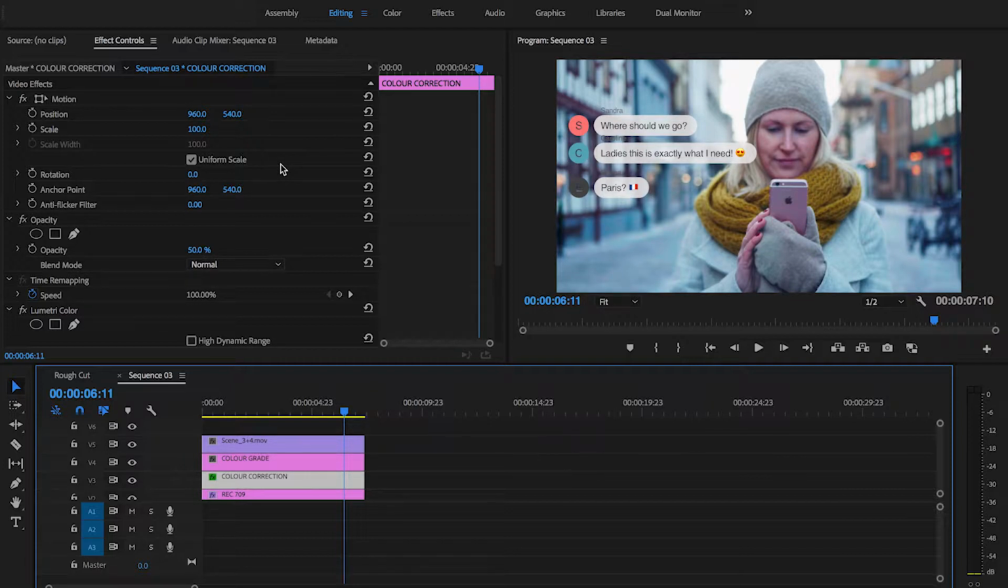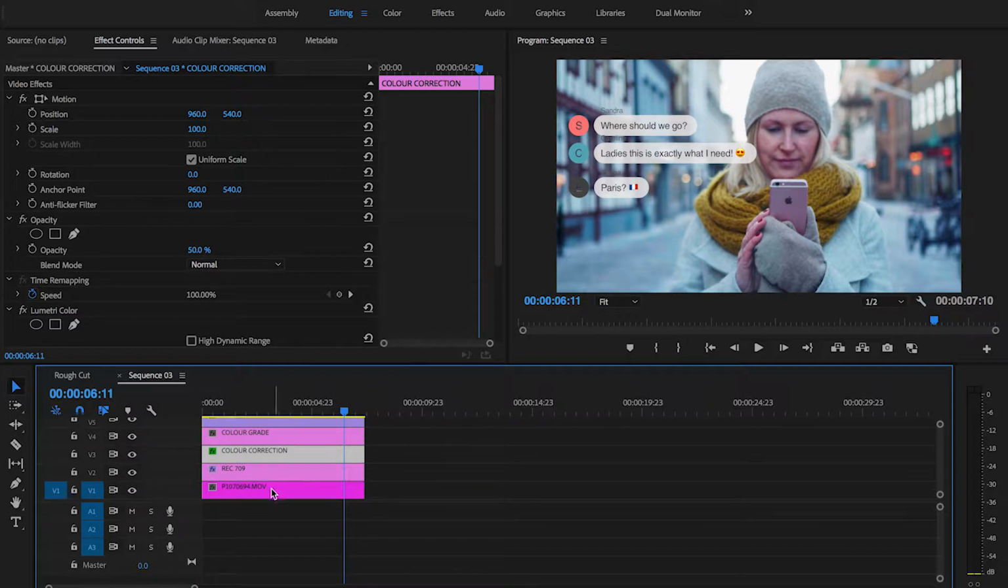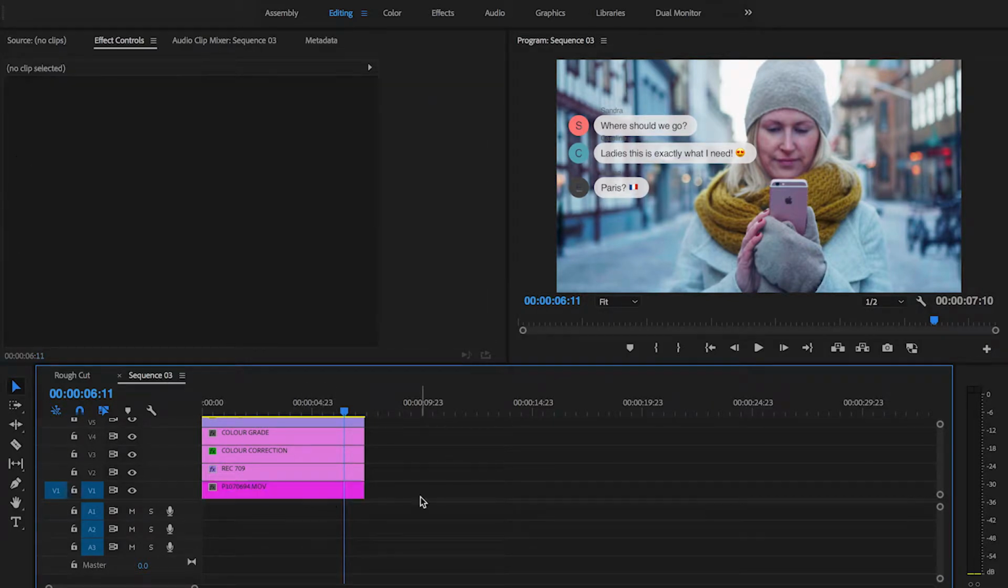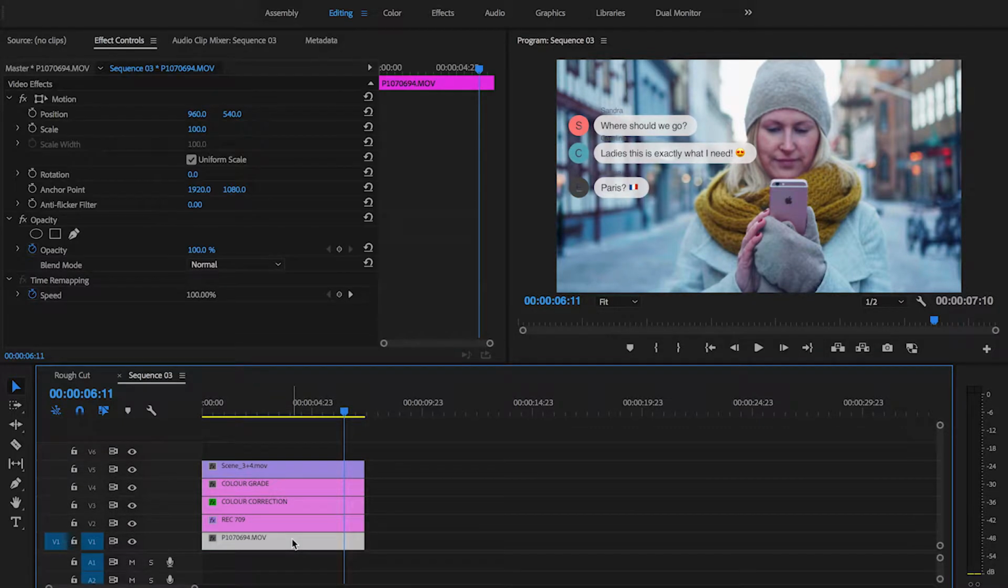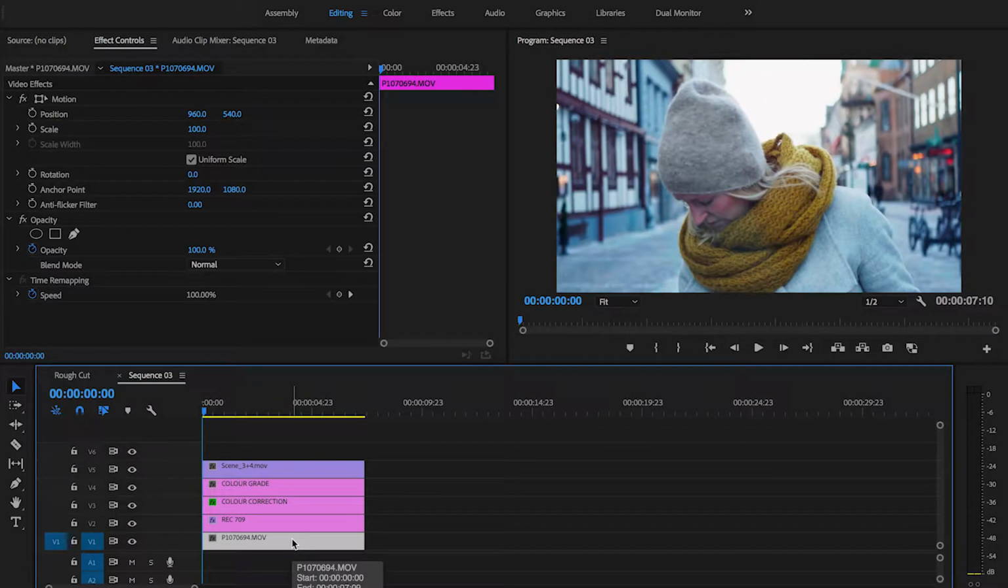And as you can see, it's been color graded. I have layers here. So we have the actual film at the bottom here on video track 1. Let's just pull this down because there's no audio. Here we go. So we have the film. Then on top of that film, I have the